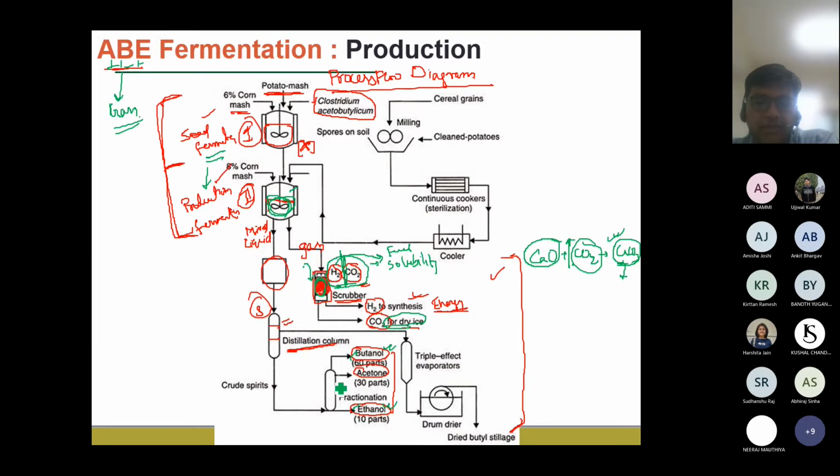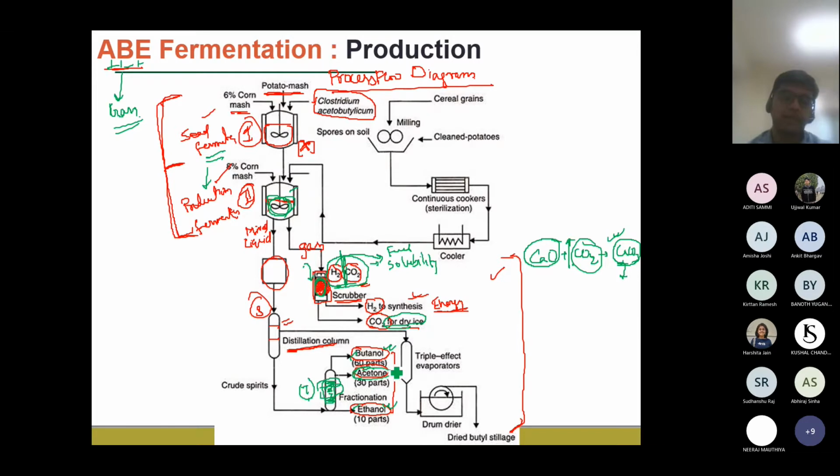In the distillation column, we maintain a different temperature at a different region or zone, and vapors will be produced. We also have the acetone, which is also volatile. Among the three components, butanol is the least volatile compared to acetone and ethanol. So in the distillation column, as we increase the temperature, generally the acetone will form vapors first and be separated out, followed by the ethanol and the butanol.